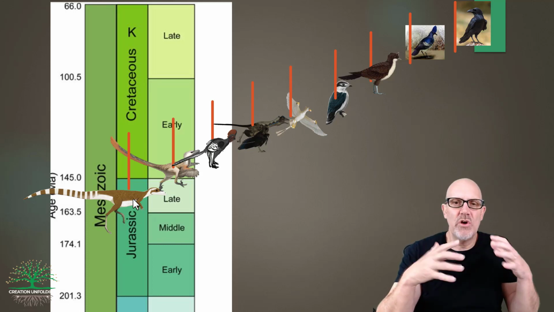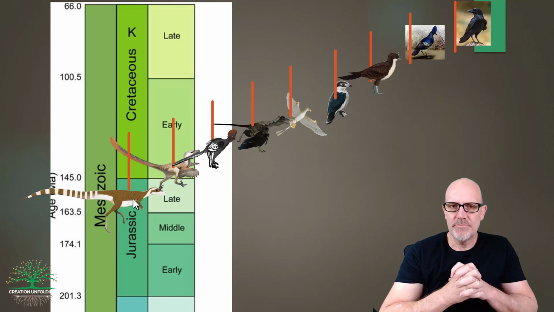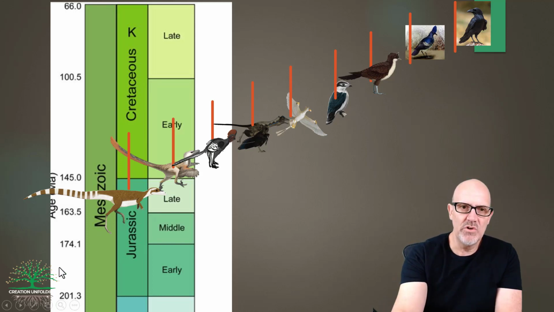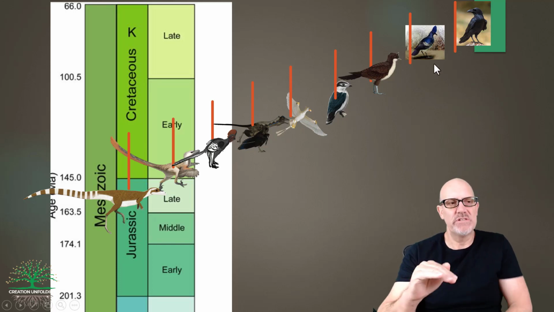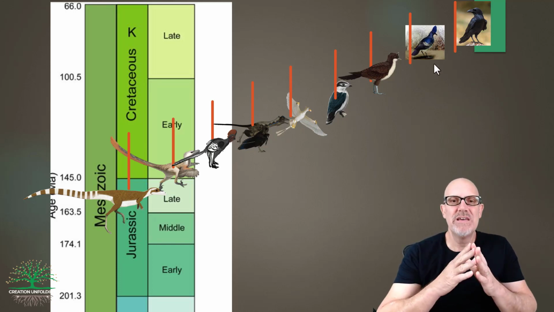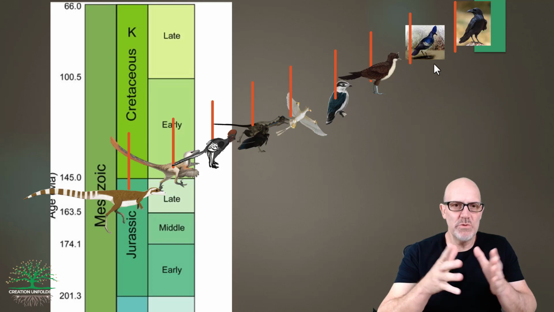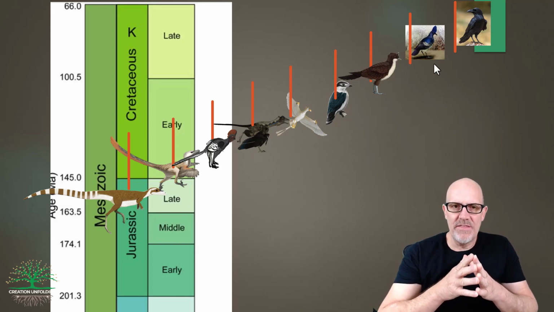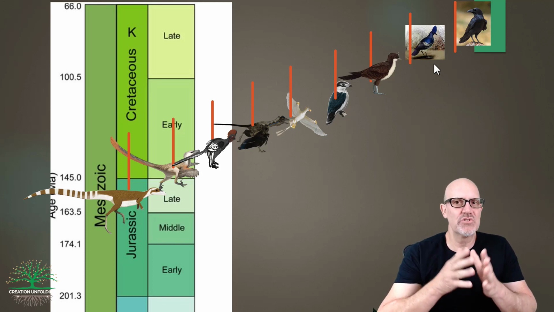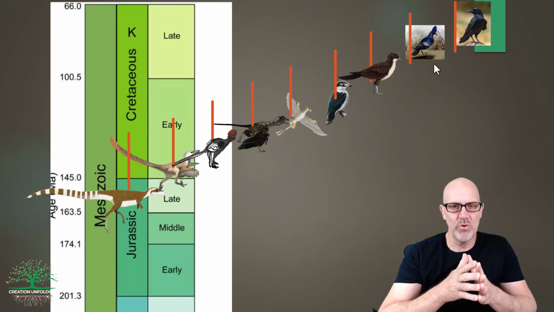And if I was an evolutionist, I could see why someone might believe in the evolution of the bird. I mean, you have a look at this, and there does seem to be sort of a sequence here. There seems to be some kind of continuity. And if I accepted that, then I would also want to see that same continuity in the fossil record, and that's very, very important.